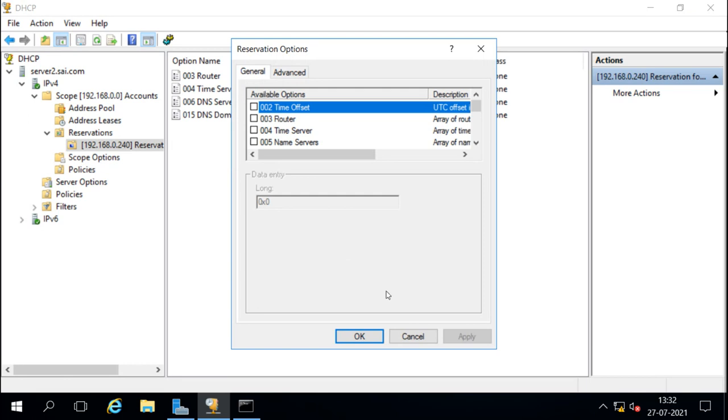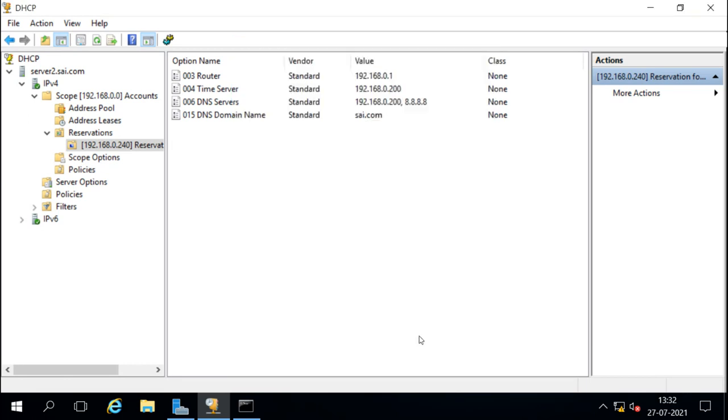But I'm not changing it. I will use the same options here. I can add more options, but I'm not adding any other option. Now this is the reservation. Anytime that server 3 wants the IP address, it will get only this IP address.